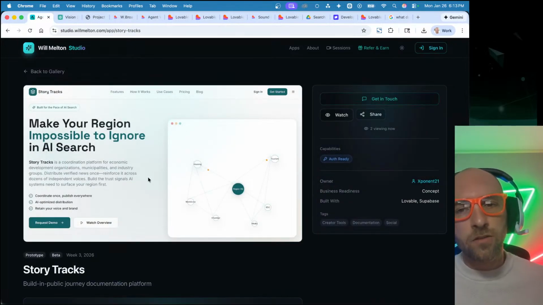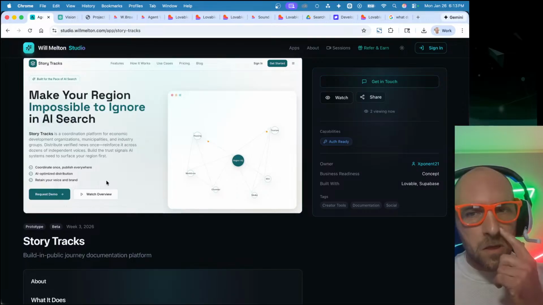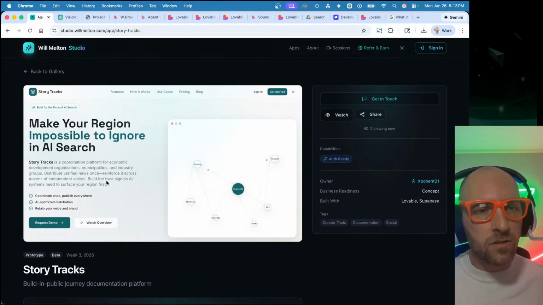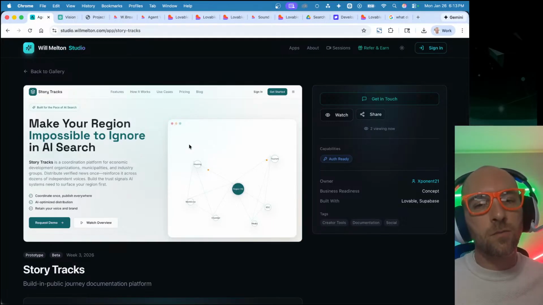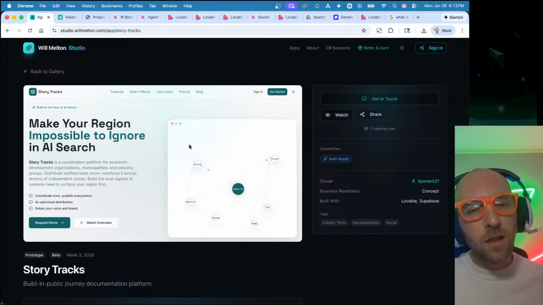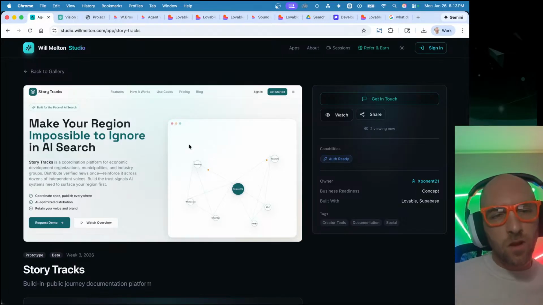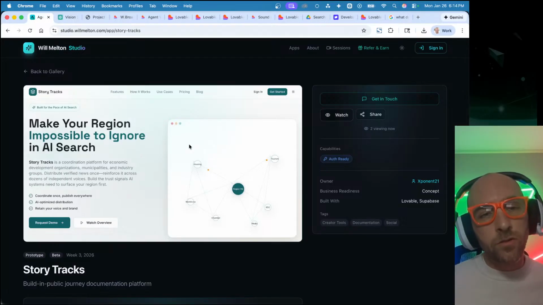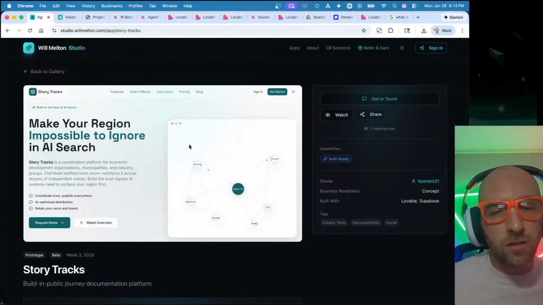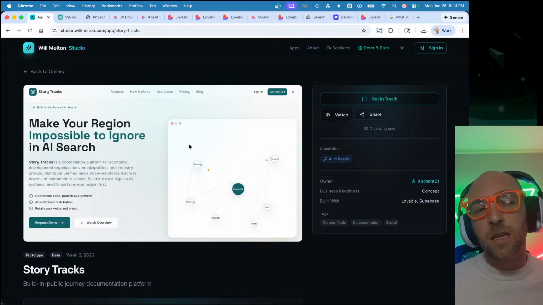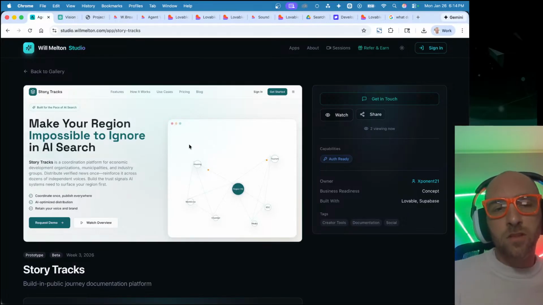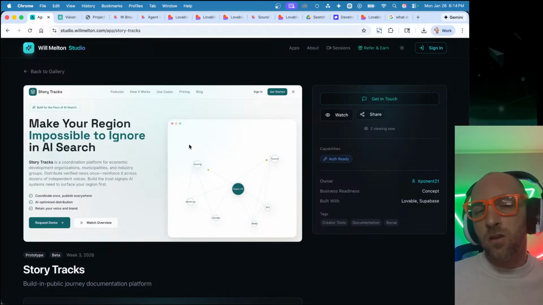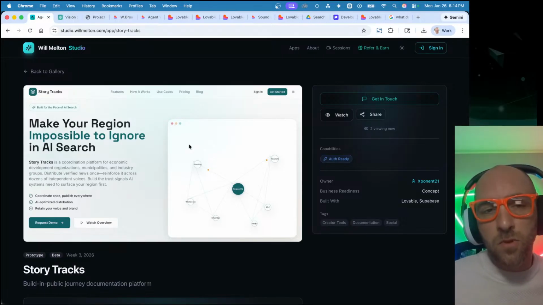This one's also related to my industry, and this isn't yet something that you can dig deep into, but the way that StoryTrex works is it's designed for localities to be able to take information that's important to attracting people to their region, and making that information amplified across an ecosystem of connectivity, of stakeholders who have an interest in that information making its way to the internet, and potentially getting a competitive edge when people ask AI about places that could be interesting, places that could be good to live in, places that could be good to visit, places that could be good to open a business.